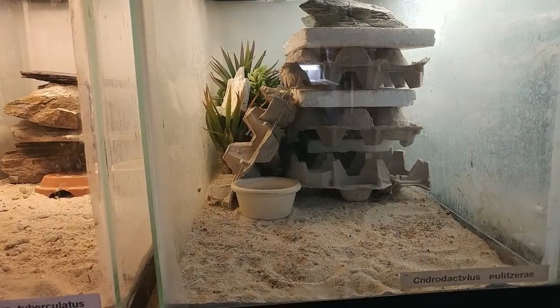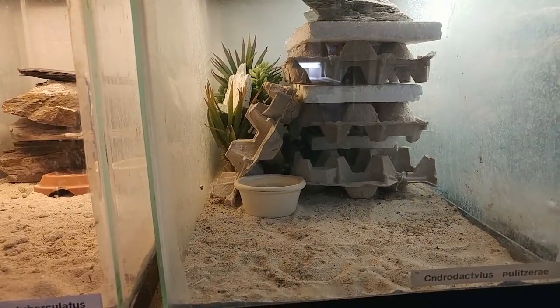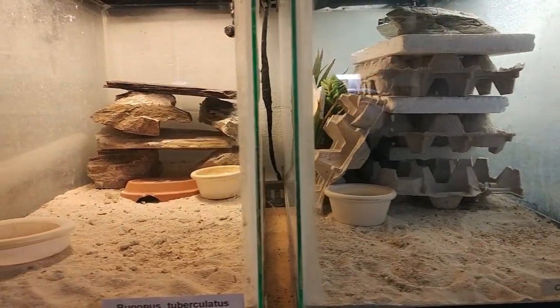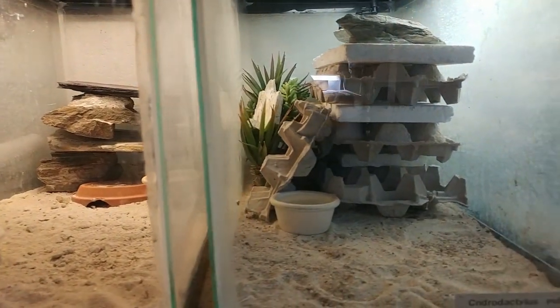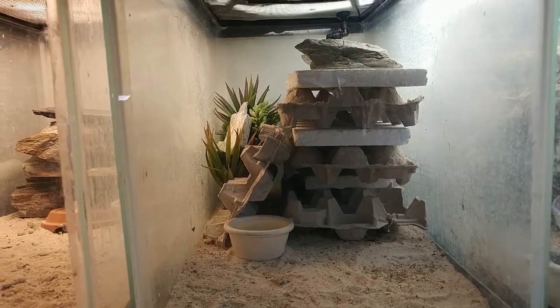Over my shoulder, you'll see two tanks. One has a chondrodactylus in it, and one has the Bunopus in it. We'll take a look at their feeding response, and you'll see the difference here. The tank on the right has the chondrodactylus in it, and the tank on the left has the Bunopus. So let's go ahead and feed, and let's see what kind of response we get from these